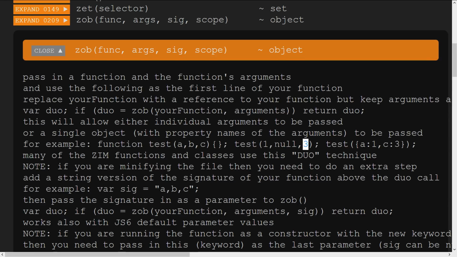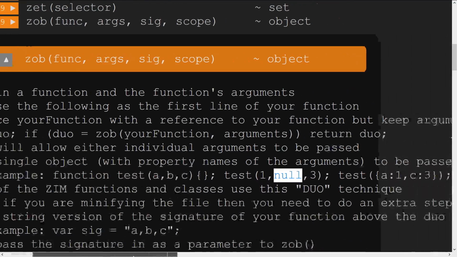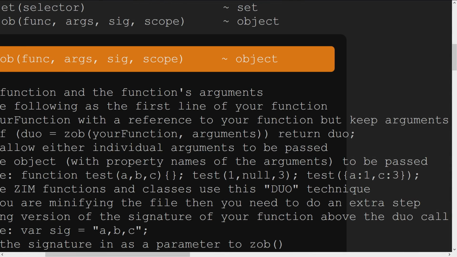So you see we have to insert the null there. Hang on, let me just make this a bit bigger. We've got to insert the null there, which can be annoying, especially if there's a lot of parameters. If you're going to the 8th parameter, it's a pain to go 1, null, null, null, null, null, null, null, 3. So ZOB is a way that I've set it up so that you can pass in a configuration